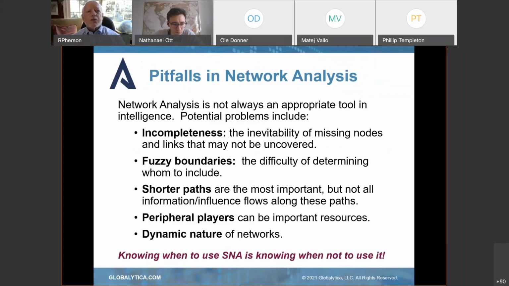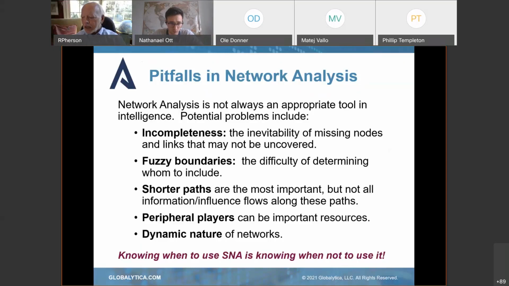So what are the things that cause trouble if you're doing good network analysis? Well, the first thing is, do you have all the data? Are there people out there that you don't know about that need to be put in and could have really significant links? So you're always frustrated that you don't know if you've caught everybody, you have everybody included. Another thing is we call it fuzzy boundaries. How far out do you send the network? Where are you losing viability for doing the analysis? How do you determine who you put in and who you don't?